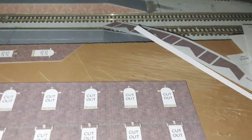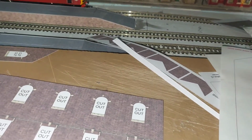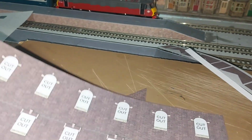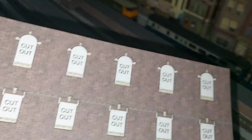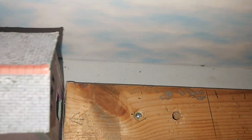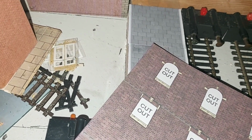Well, this week it's the main building, the station building. I thought I'd make a start on that and start getting it put together. I'm using the Wordsworth Model Railway large station kit, and I'm just going to adapt it to my location. Right, we'll go up here, and that's the space that's available. So what I've had to do is cut it down to that, so that will go in there like that. That'll just fit